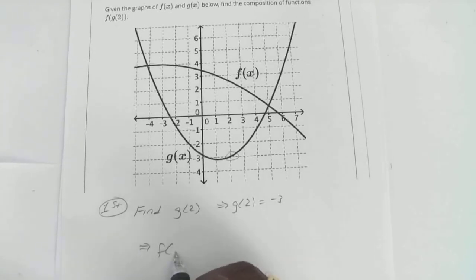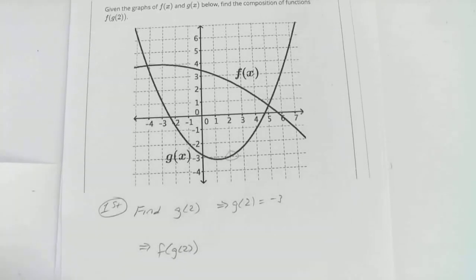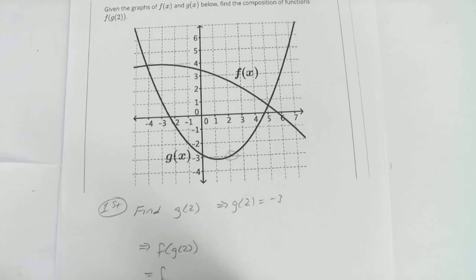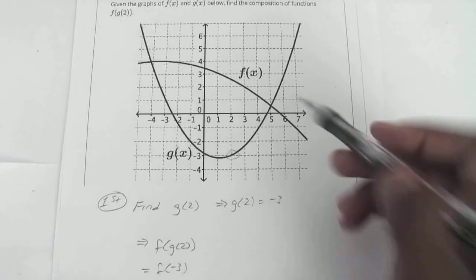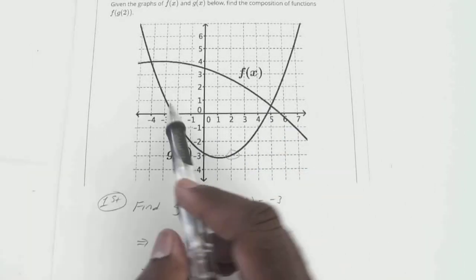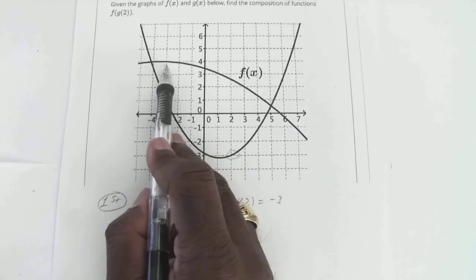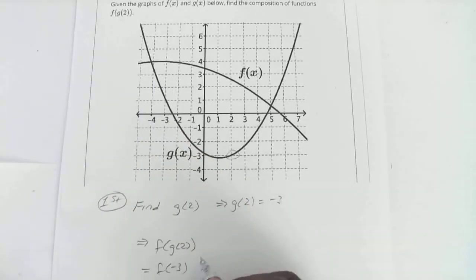So really all we have to find is f of g of 2, which is just f of negative 3. So now we look at our f function and find f of negative 3, which is 4. So we know that f of g